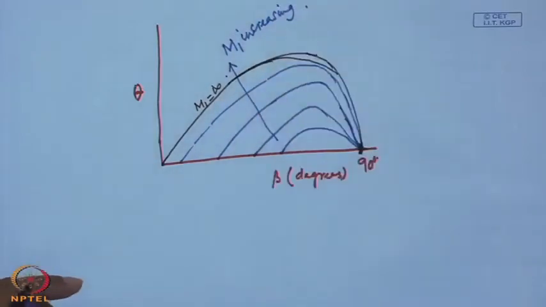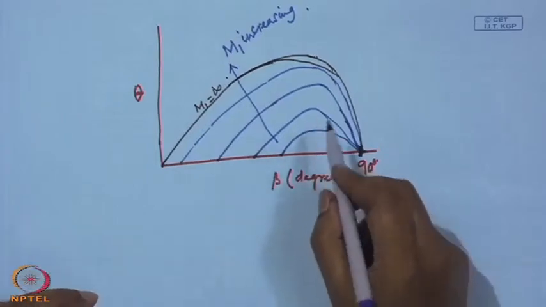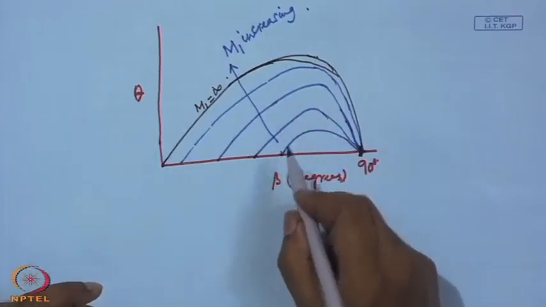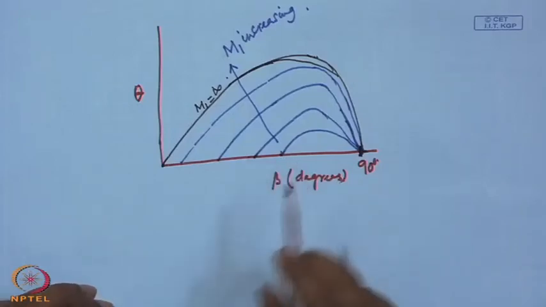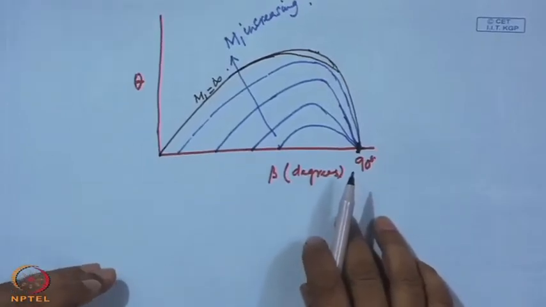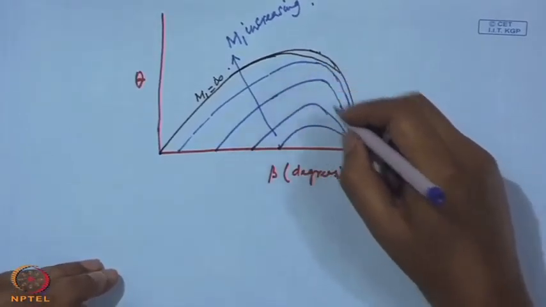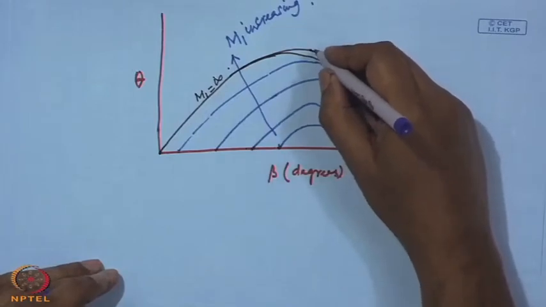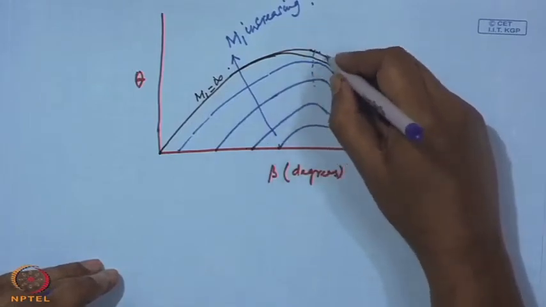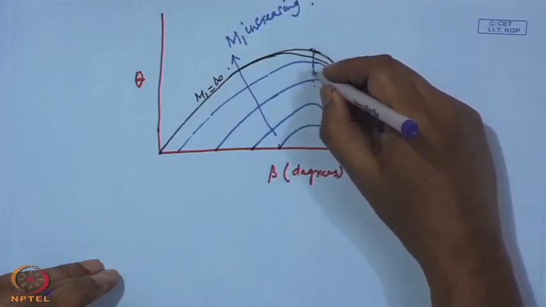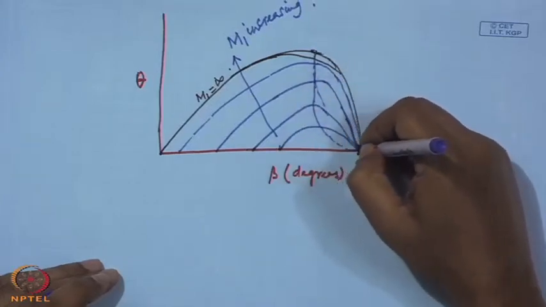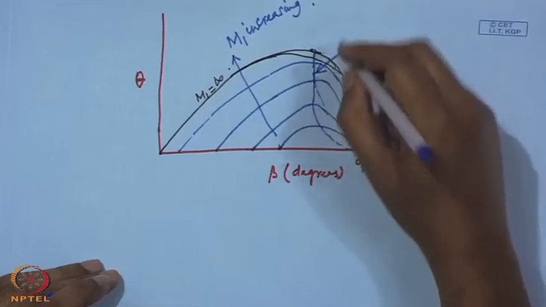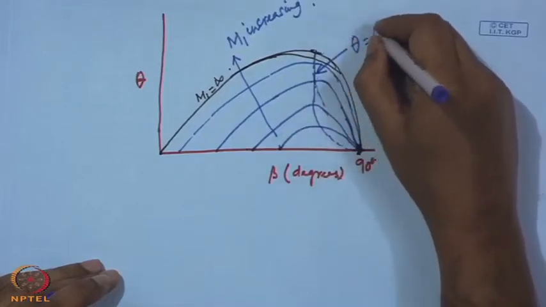You see as the value of m 1 decreases, the value of the lower limit of beta, that is sin inverse 1 by m 1, increases. Now, if we join all the theta max values for each of these Mach numbers, this is the theta equal to theta max line,